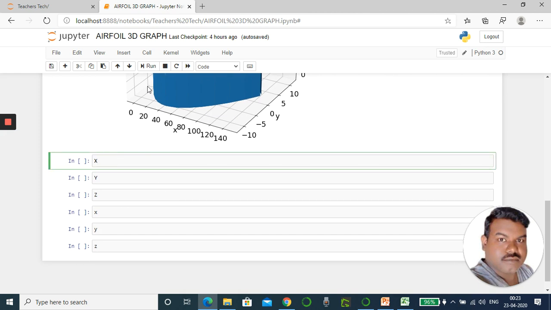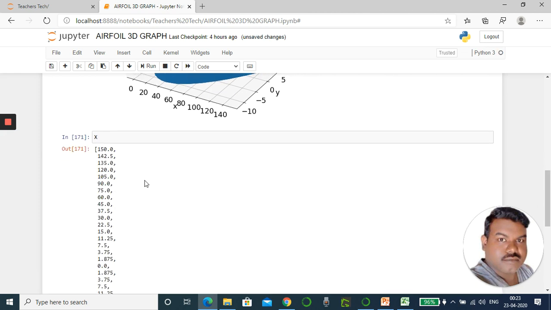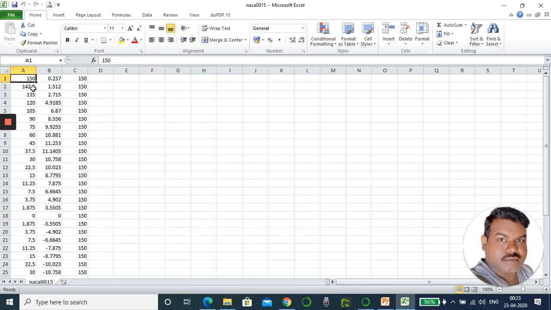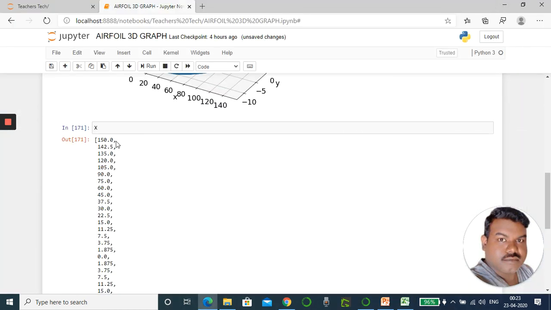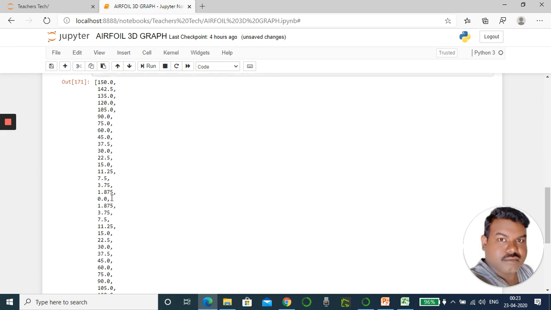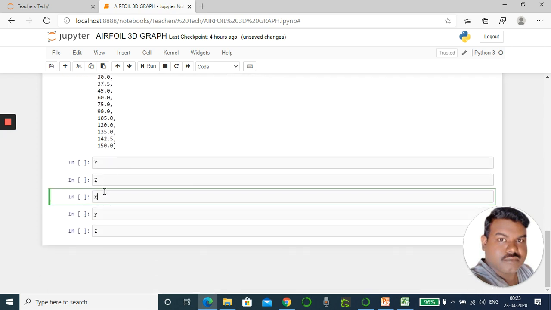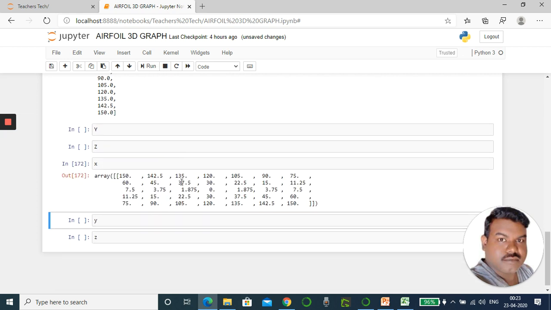If I put the capital X and run, this is the data you see here, added with commas. This is the delimiter. Now if you run the small x, you see this is an array. It is converted into array format.